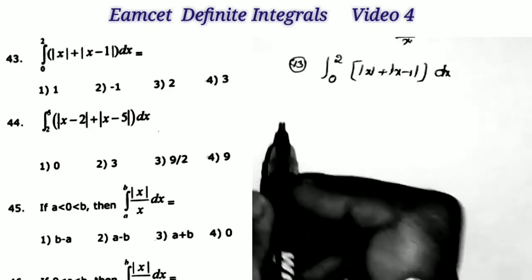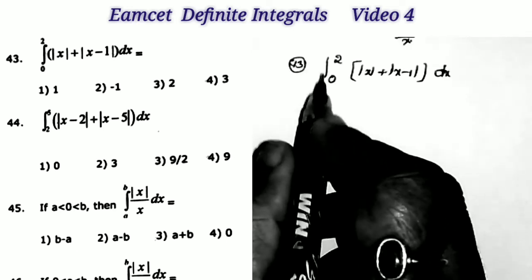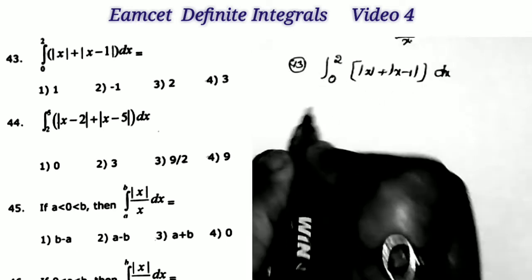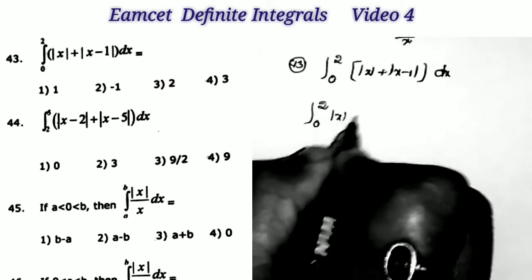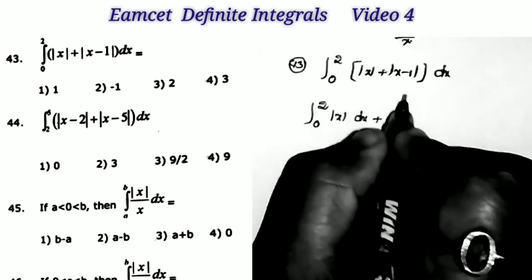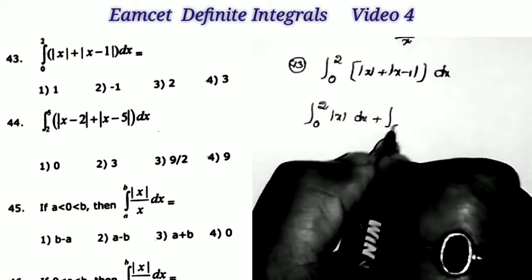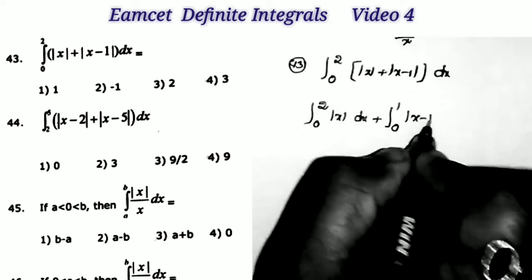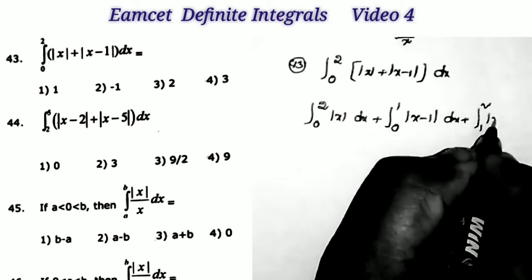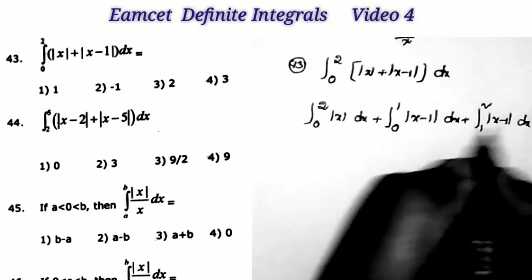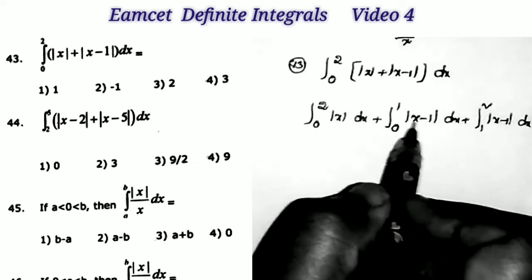That's all. Next question, sum number 43: integral 0 to 2 of mod x plus mod x minus 1 into dx. Now this is equal to the integral 0 to 2 of mod x dx plus, now I split the integration of the second part like that: integral 0 to 1 of mod x minus 1 dx plus integral 1 to 2 of mod x minus 1 dx. Since we have the number 1 in the given function,